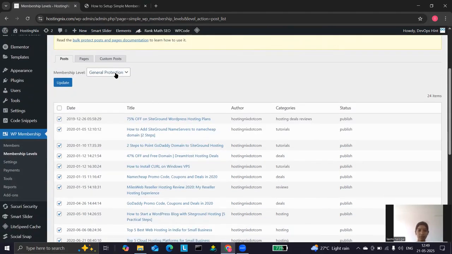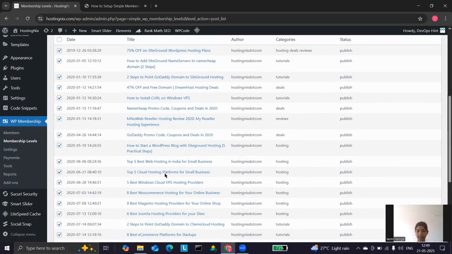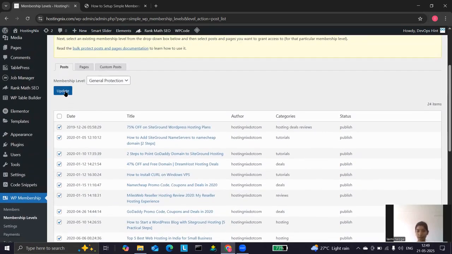In that message they said that using general protection, you can first select all the posts of your entire site and just click on update. So we follow this step. Just click on general protection, keep it as it is, click all the posts and just click on update.